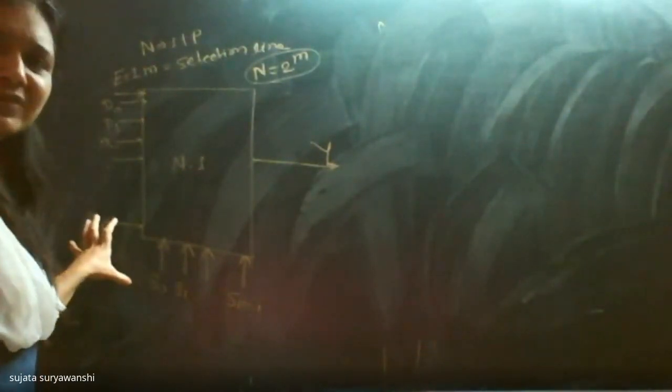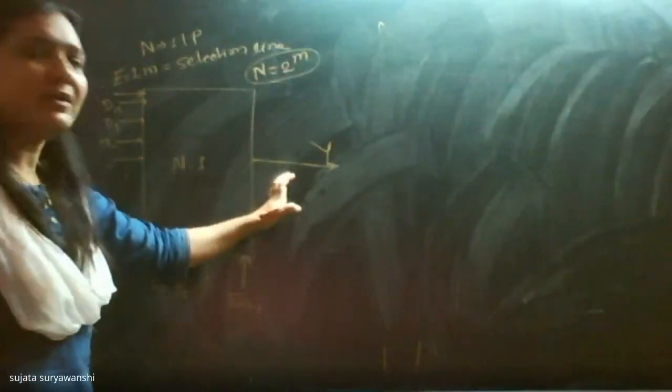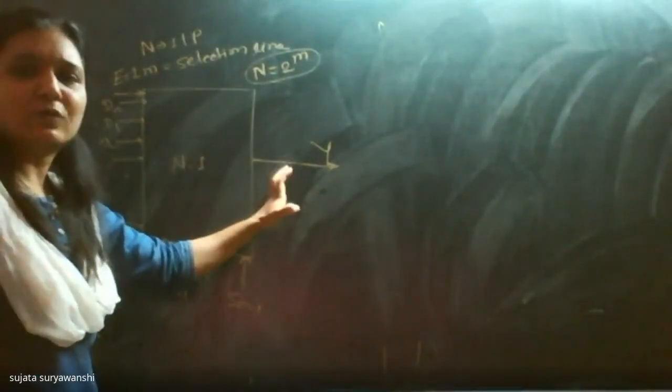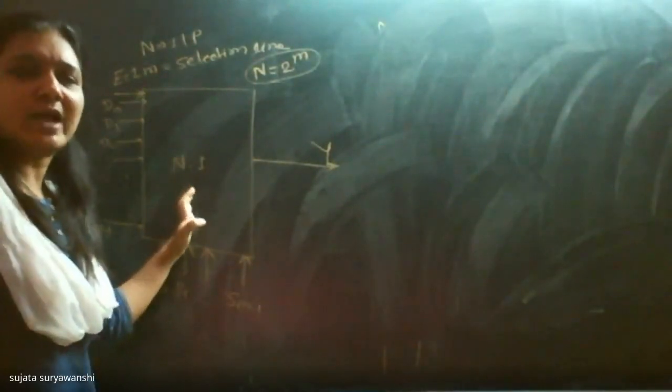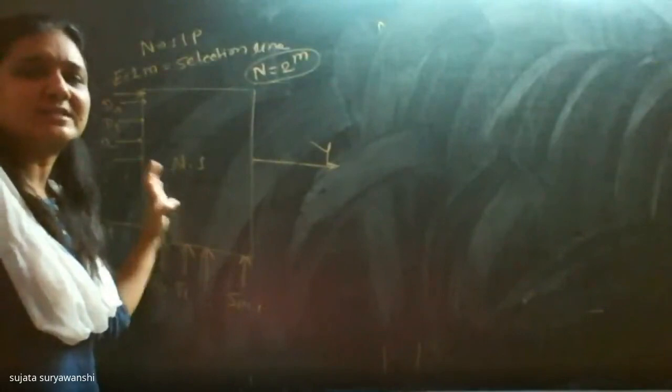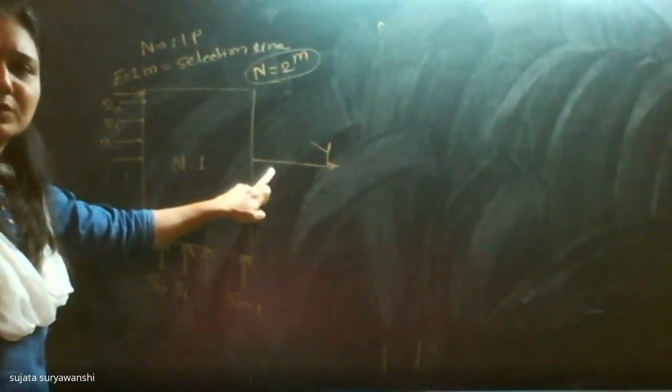That's why multiplexer is also called a data selector. This multiplexer selects one of the input lines from the several input lines and connects it to the single output line. That's why the multiplexer is also known as data selector. It will select the data, which input line will connect to output line, depending upon the select line. Understood? Yes, any doubt?